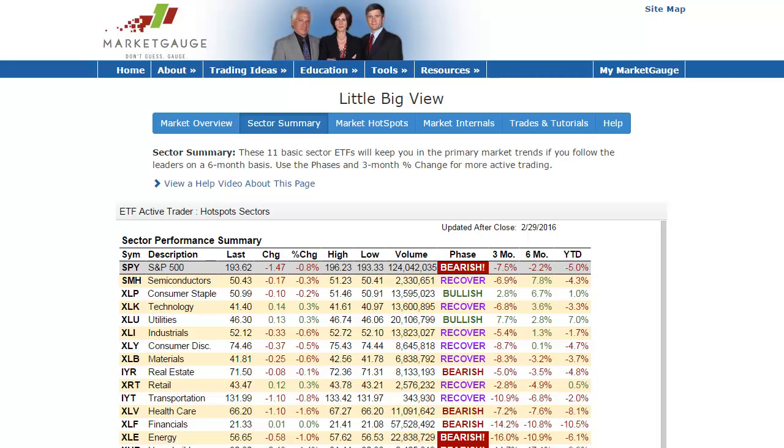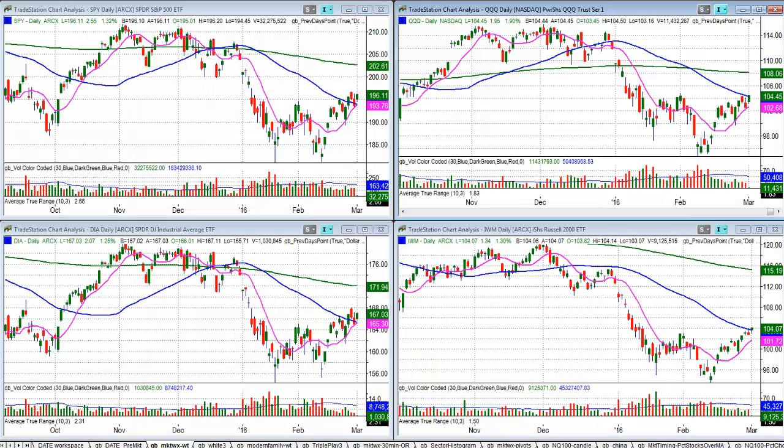All right, so here's the market watch, and the reason I'm calling it market watch is because we've got the four major indexes: SPYs as the S&P 500, Qs as NASDAQ, Diamonds is the Dow, and IWMs as the Russell 2000. I'm not going to go into this in great detail, but the reason that we have SPYs in a bearish